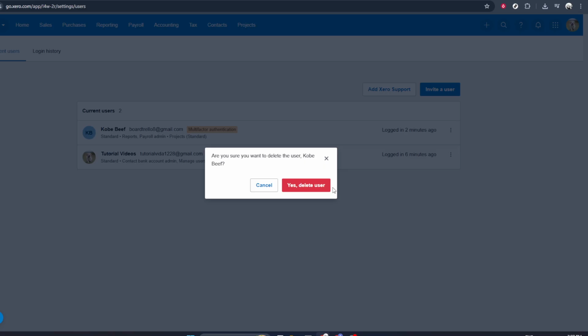Xero may show a confirmation prompt asking if you're sure you want to delete this user. This is your last chance to confirm you've selected the right person. If everything looks correct, confirm the deletion. After you confirm, that admin accountant